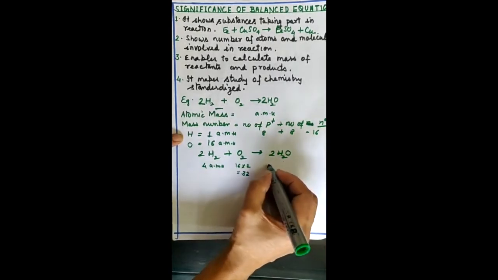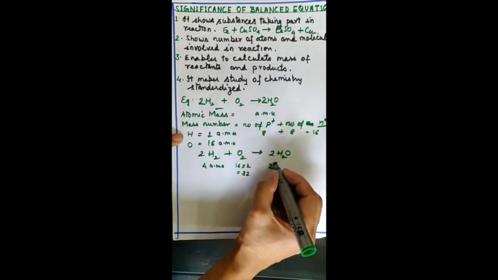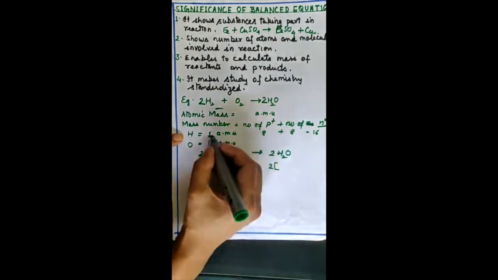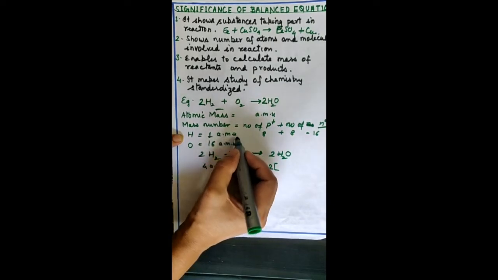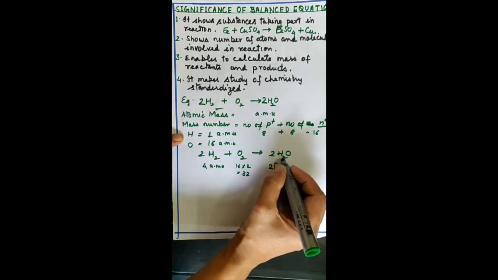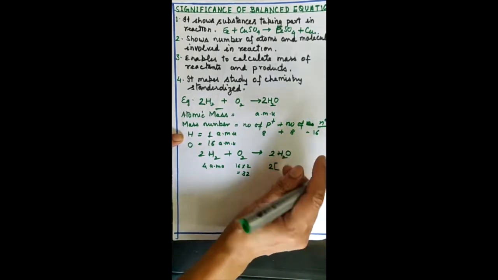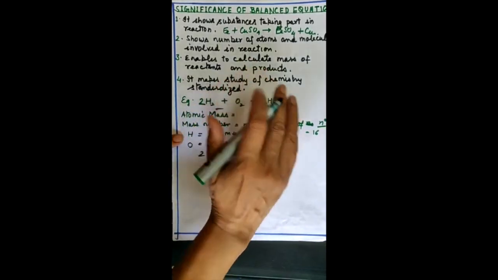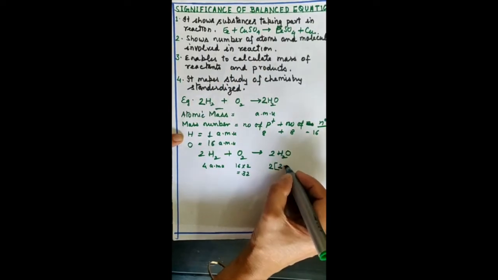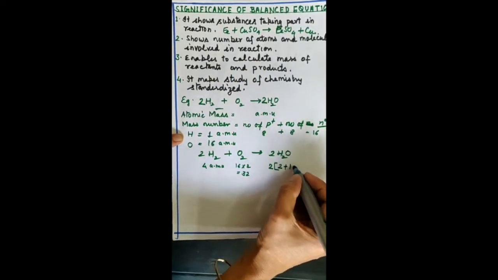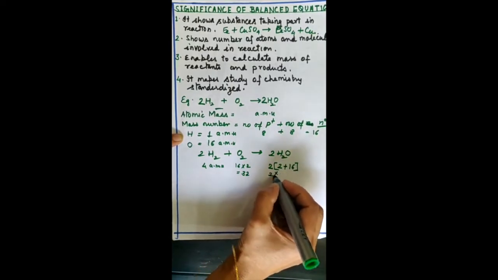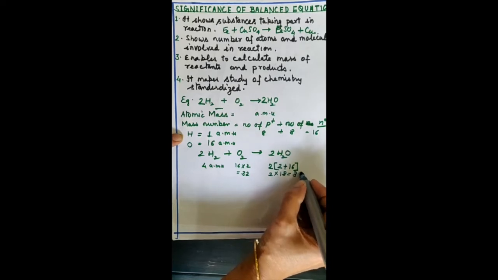And what about water? It has 2 molecules and each molecule consists of 2 atoms of hydrogen. So if one atom of hydrogen's mass is 1 AMU, rather than AMU we can say 1 unit as well. If we hide this 2, then 1 molecule of water consists of 2 hydrogen atoms, so 2 unit mass of hydrogen, and 1 oxygen atom, so 16 unit mass of oxygen. Together it is 18, that is 2 into 18 equal to 36.